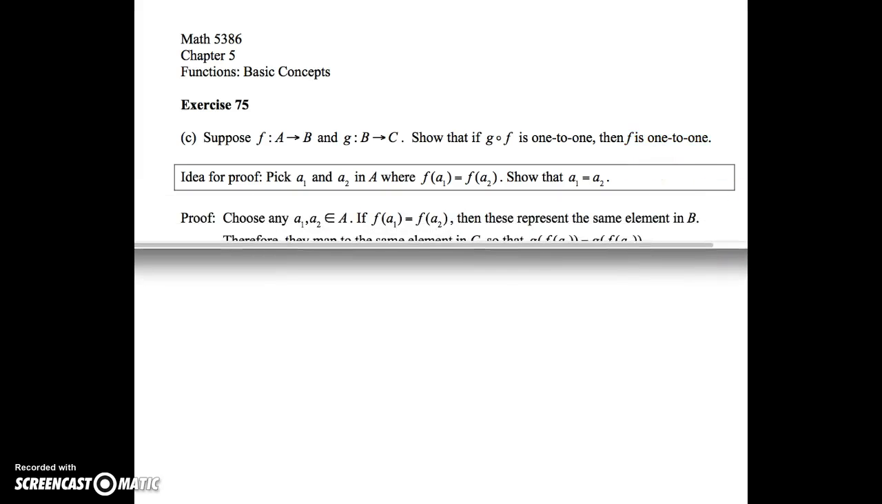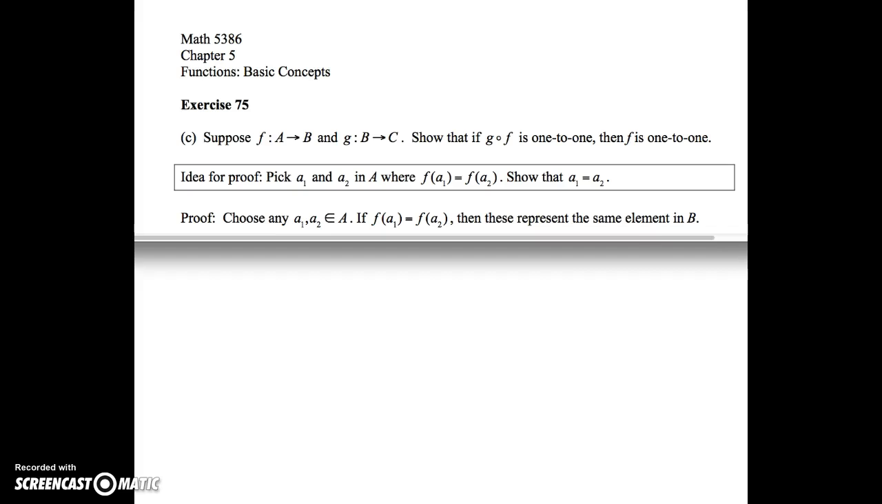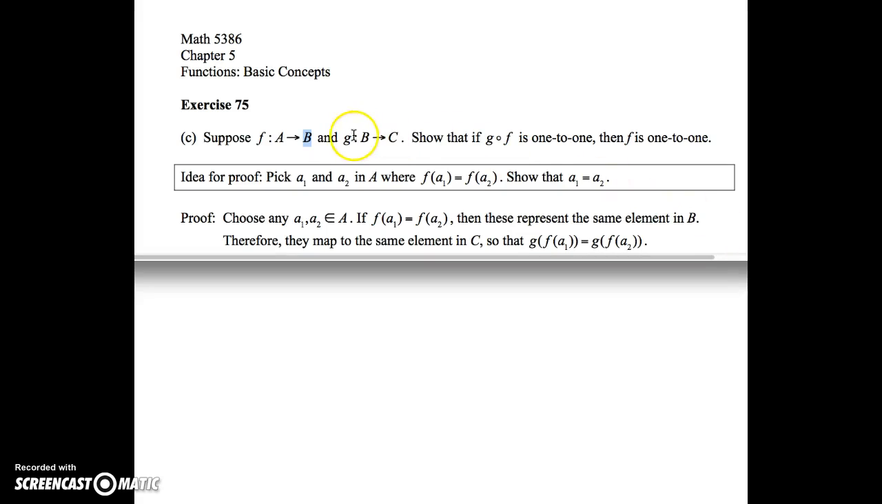So the first step we do is to choose any a1 and a2 in A. And then if f of a1 is equal to f of a2, those exist in B, and if they're equal, they represent the same element in B. Therefore, since they're the same element in B,